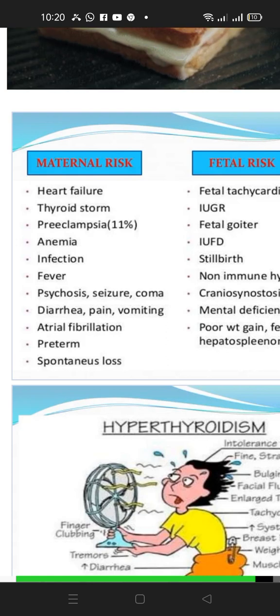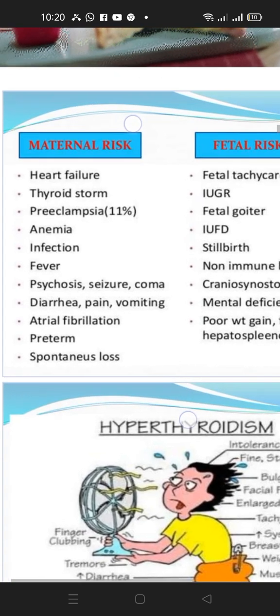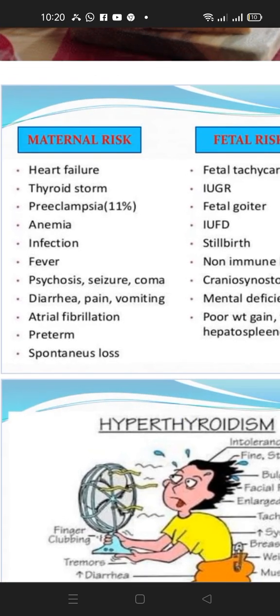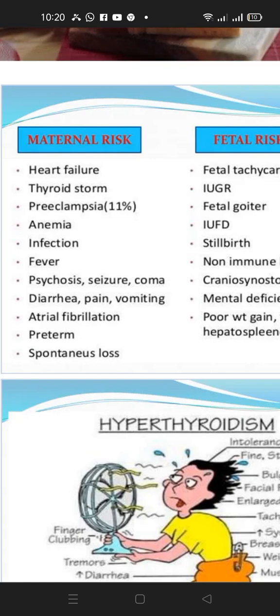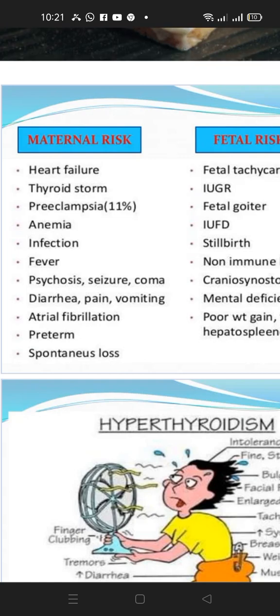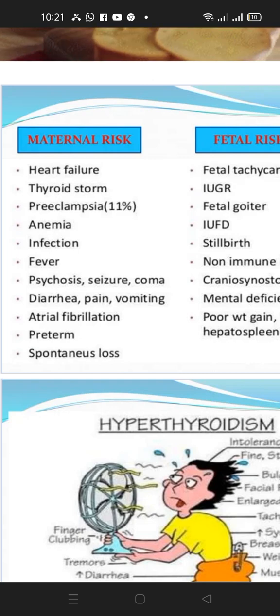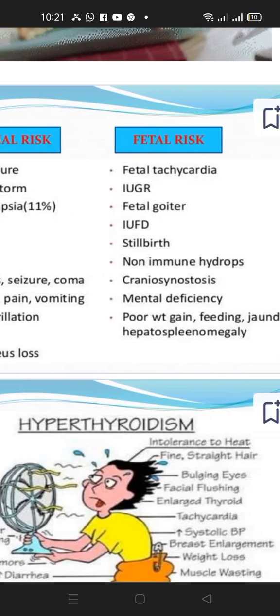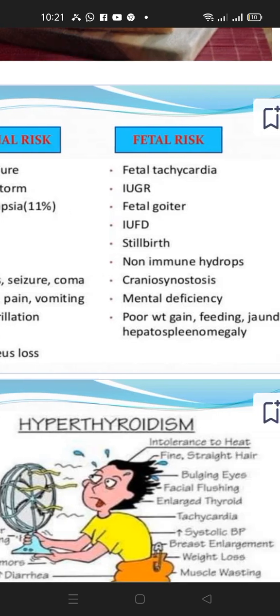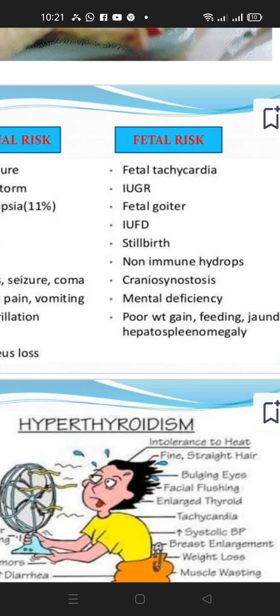So ultimately the patient is prone to have psychosis, seizures, coma, and atrial fibrillation can be there, and also preterm loss can be there. She is more susceptible to have anemia. And regarding the fetal risk, there can be fetal tachycardia as well, because the fetus is also exposed to